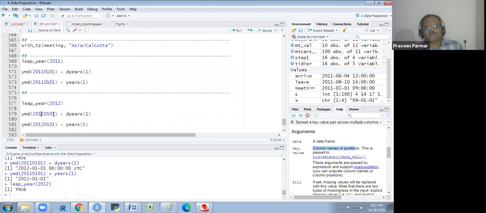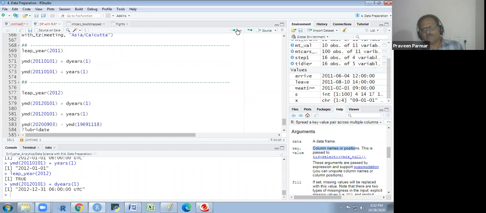And in the leap year, if I am using dyears 1, then see what happens. What is it giving me? It is not taking me to next year's first day. It is the last year's same day. So it is going day wise, 365 days. It is not passing the whole year. It is passing 365 days. So I will get 31st December in the leap year, the 365th day. Understand?